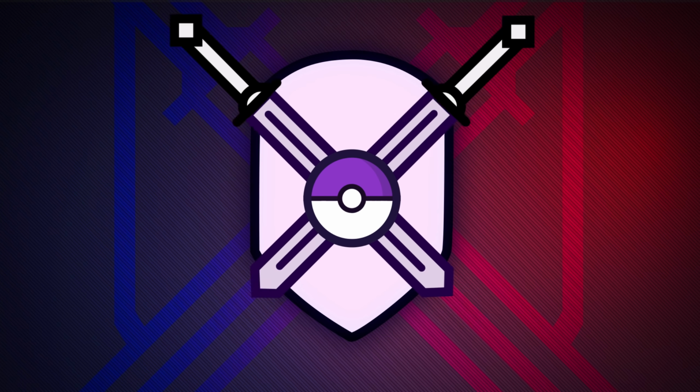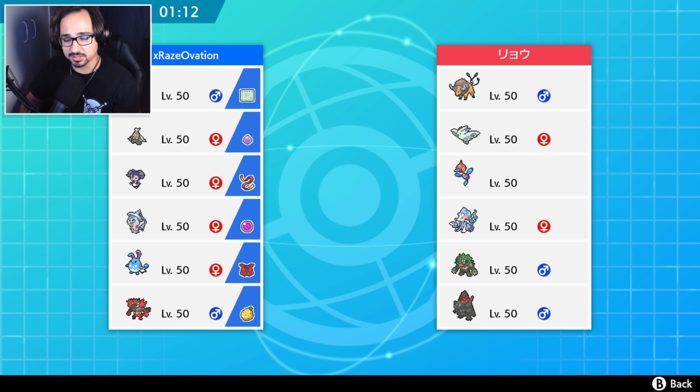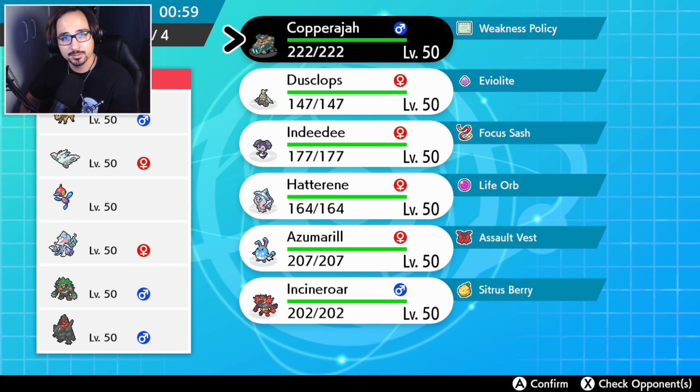Anyway, we're going against a Tauros. Is there anything that has a 100% crit chance on my opponent's team? I don't think so. So that Tauros is kind of weird there. But I'm more worried about this big old Coalossal first, with the whole Primarina nonsense. Because of that,